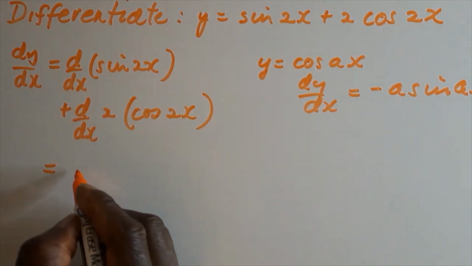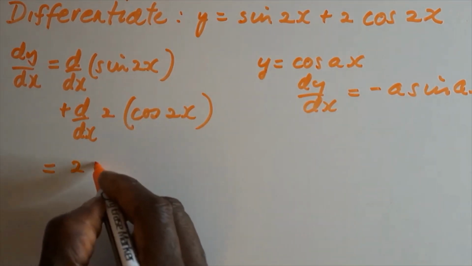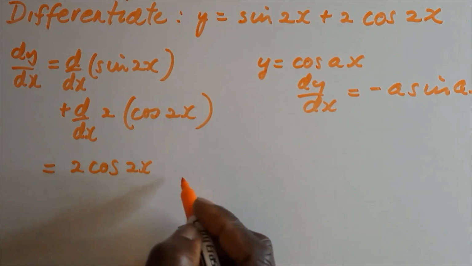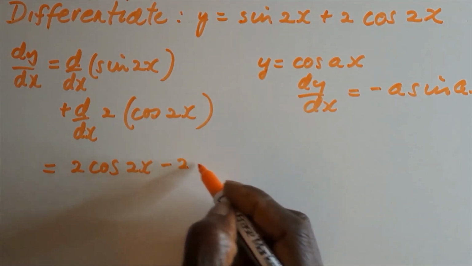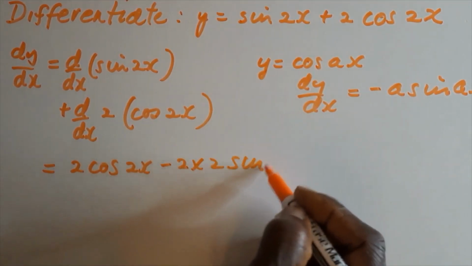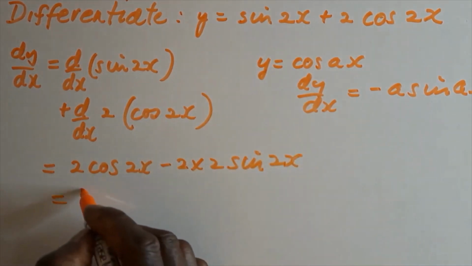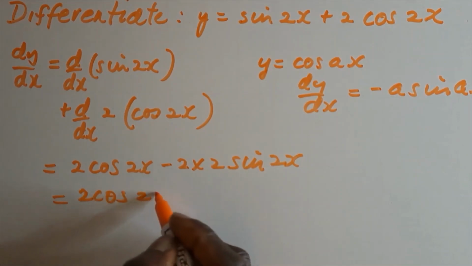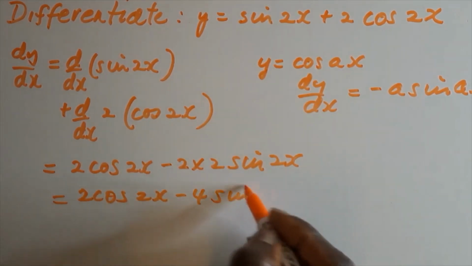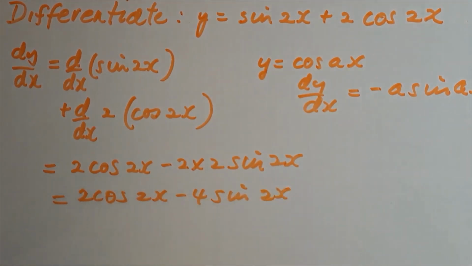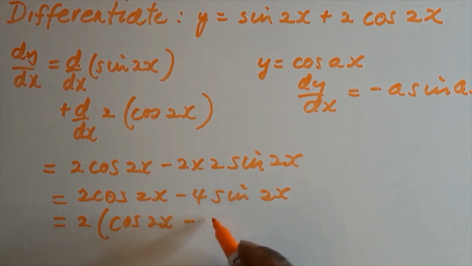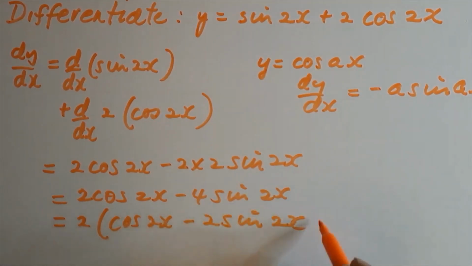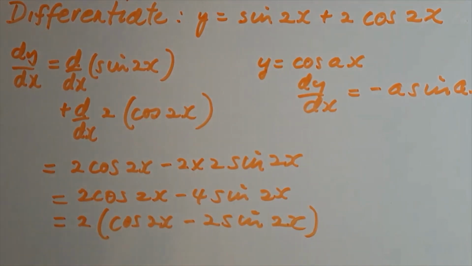And this gives us 2 cos 2x minus 2 times 2 sine 2x, which you can write as 2 cos 2x minus 4 sine 2x,